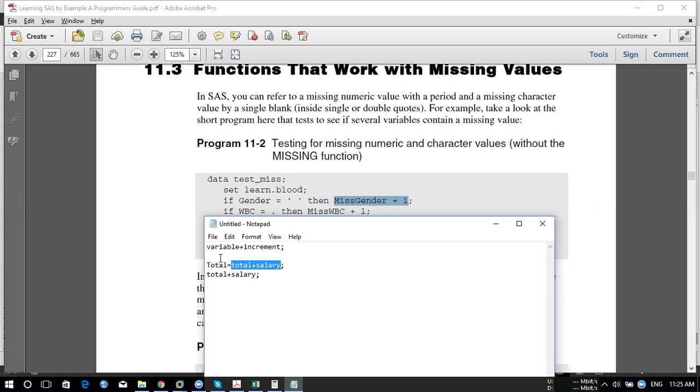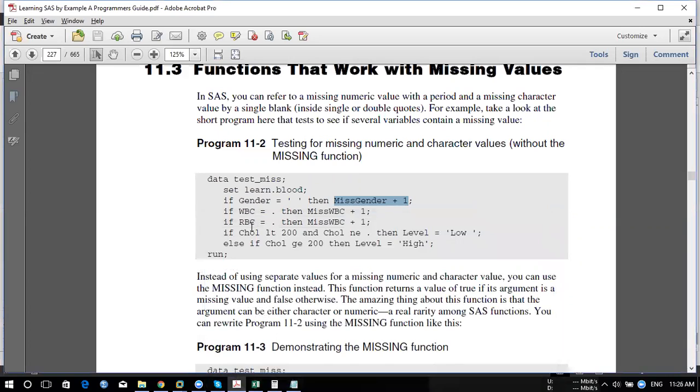So here we have to use a function called retain, which we did in the 8th chapter. Here we don't want to use the retain function, because with total plus salary, the increment gets ignored when it is missing, and the value is retained. Getting it? So here we have a dataset, learn.blood. We are trying to find out how many missing values there are in that particular section.